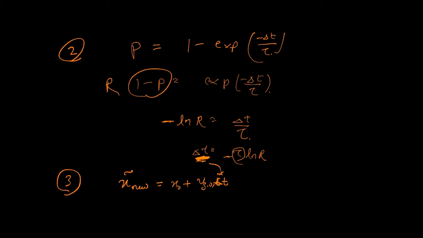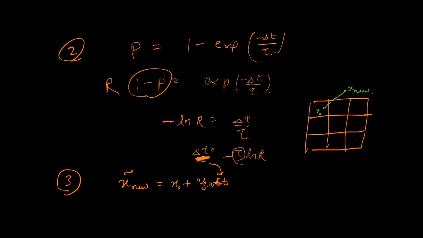Now you could think there is some problem arising. Let's say this is our domain, like a 2D domain. And let's say the particle was initially here, at its x0 position. Now it started propagating, and after delta t, we are finding its position, depending on the wave vector. Say the new x position comes here. We already know this can't happen. The particle can't go out of the domain. So we have to bring the particle back here.